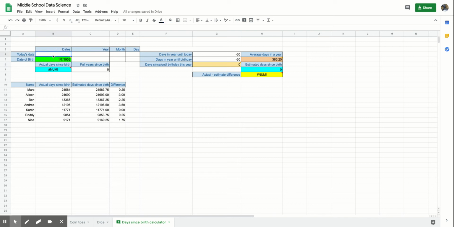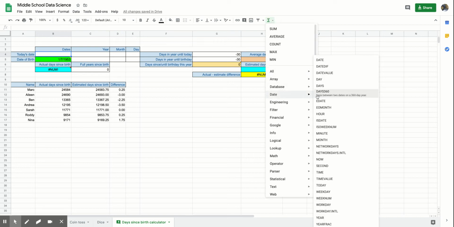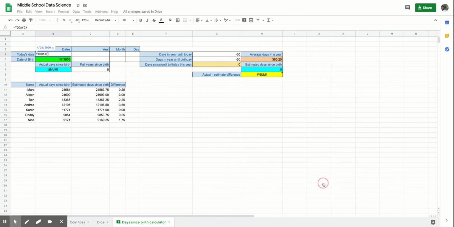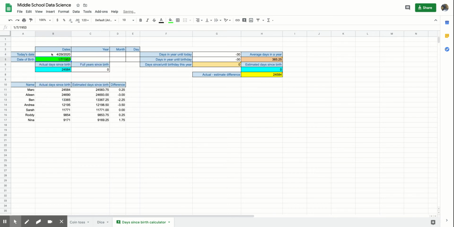And spreadsheets also have a function called today. So when we use spreadsheet functions, there's a lot of ways to get them. You can go up here and get them, and you can go down where it says date, and then you can go down to today. And you see it always has a parenthesis. And yes, I do want to stick in today's date. So I'm just going to hit return, and there it is,